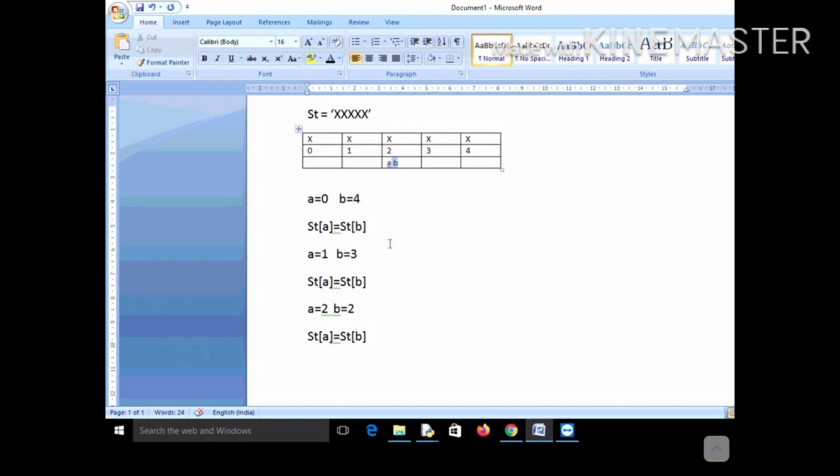This is your termination condition. When you have come here, definitely A and B will be the same, STA and STB will be same, because they both are pointing to the same character of the string, isn't it? So at this point it should stop. If after incrementing A and after decrementing B, a situation comes when the index positions A and B become equal, then it will be an odd length palindrome. Definitely it will be a palindrome, and it will be an odd length palindrome.